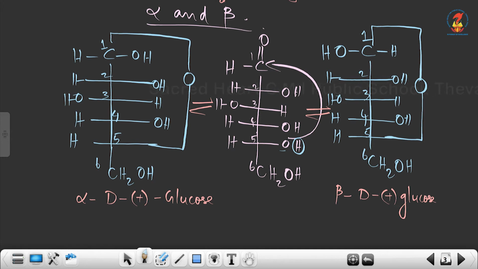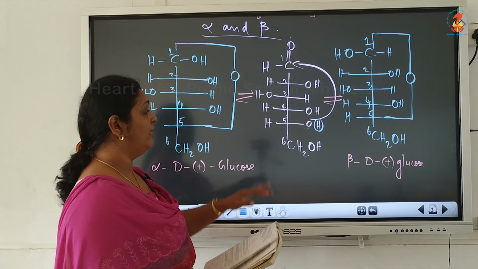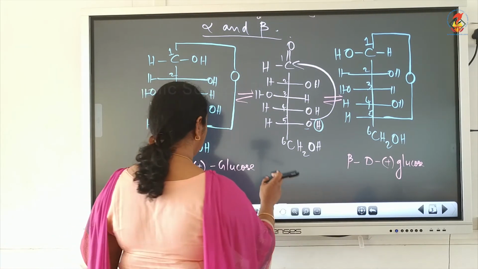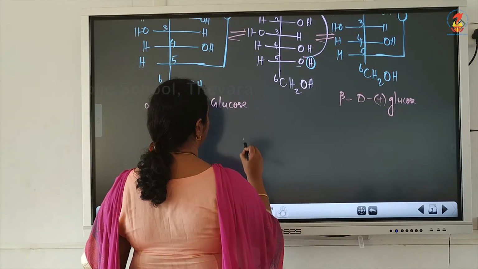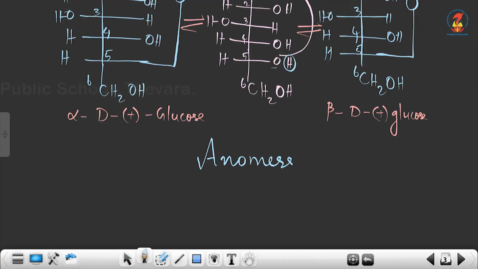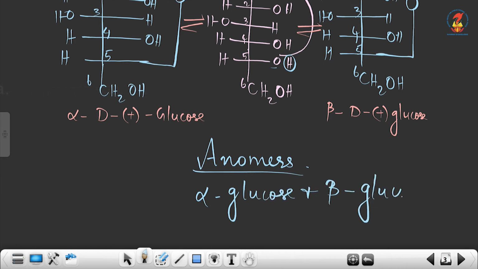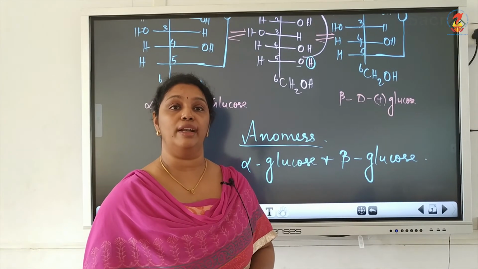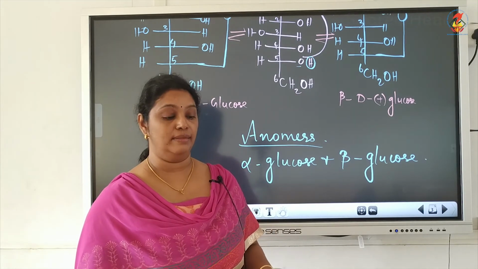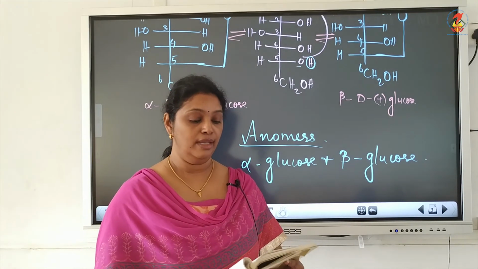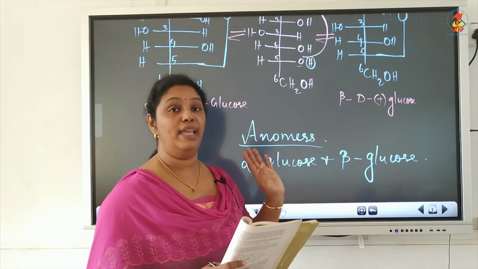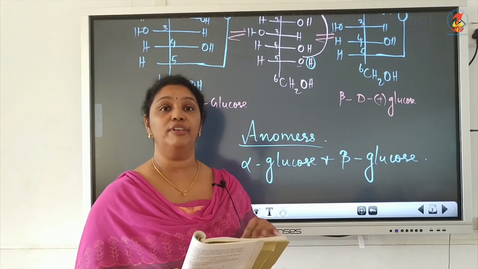On the first carbon, on the left side in beta glucose. You call these alpha and beta glucose; they are isomers, and we can call them anomers. So an example for anomers is alpha glucose and beta glucose. Now what are anomers? Anomers are isomers which differ in their configuration around the first carbon atom. Okay, so these are the two cyclic hemiacetal structures of glucose and they differ in the configuration